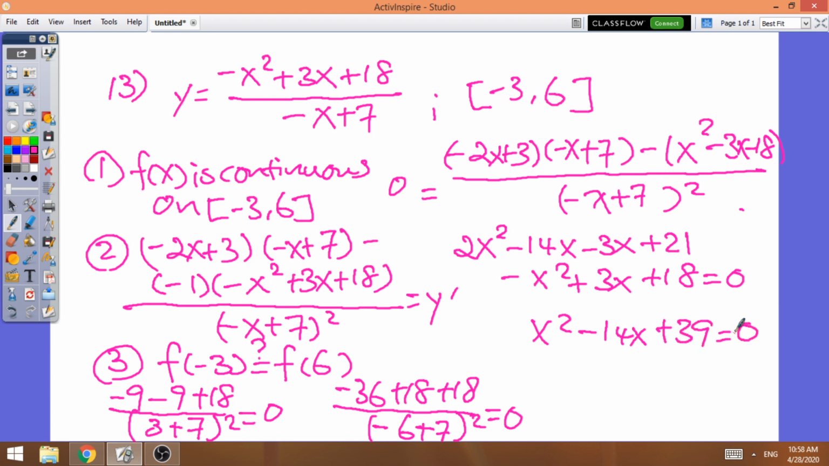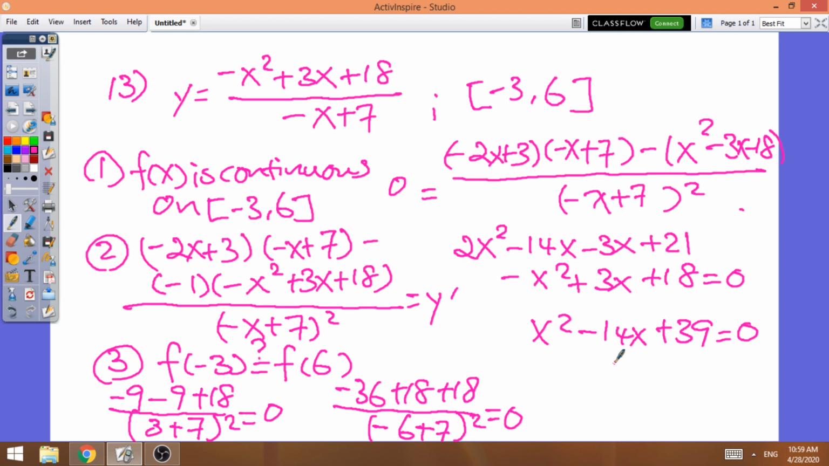So set that equal to 0. And it looks like this one is not factorable. We got 3 and 13, but this one we need to end up with negative 14. So if this one is not factorable, guess what you can do? You can use the quadratic formula, or you can complete the square for this to solve